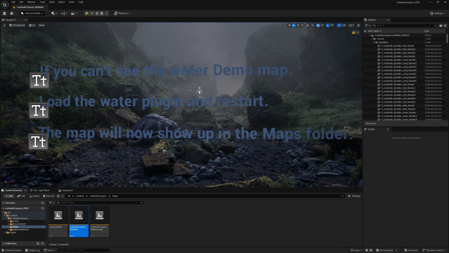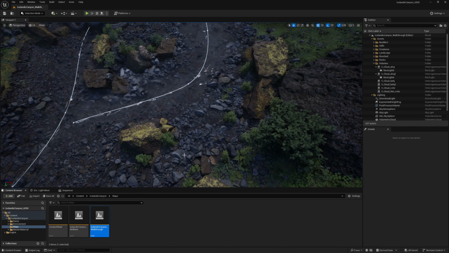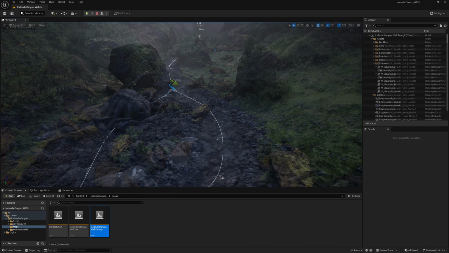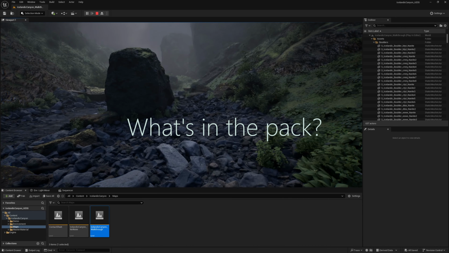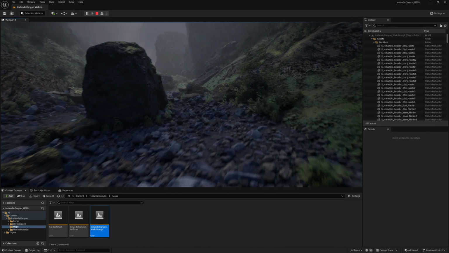Now the thing is that even this map is not going to show up. So if you see that this Icelandic Canyon walkthrough map does not exist, it will once you've enabled the plugin. It's something I wish could be stated a little bit clearer. But once that's done and it's up and running again, just click that, and now you will have a little bit of running water. Let's hit the play button and see what it looks like when you are walking around